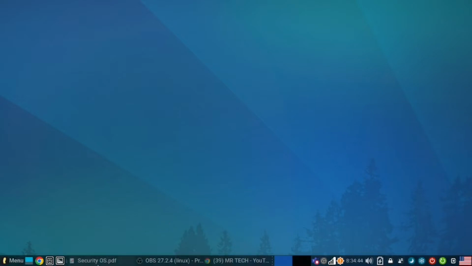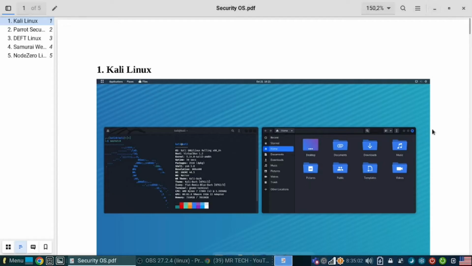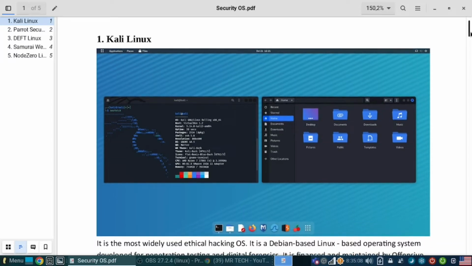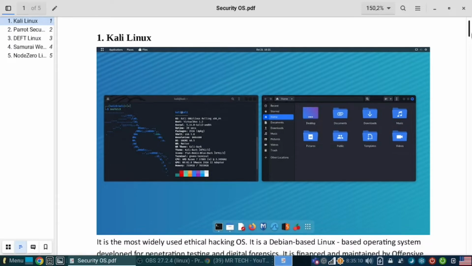Today I'm going to introduce you to the most used security OSs, the OSs which are widely used for security purposes, for cybersecurity, for ethical hacking. And the first OS I want to talk about is Kali Linux. But before talking about this OS, let me